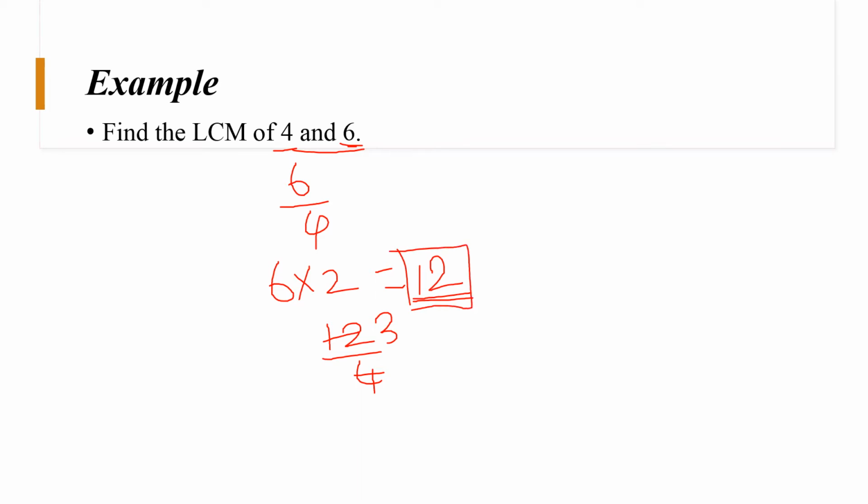If the 12 is not completely divisible by the other number, it means you have to take the next multiple. For 5 and 6, you have to find the LCM for 5 and 6, so first choose the highest value, that is 6. Next step, we have to check whether this 6 is completely divisible by the other number or not.